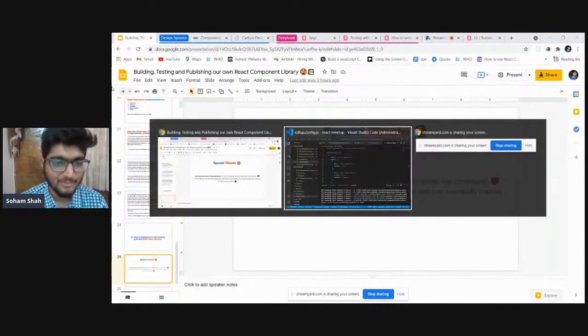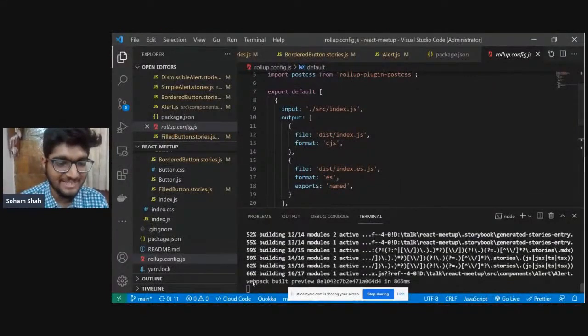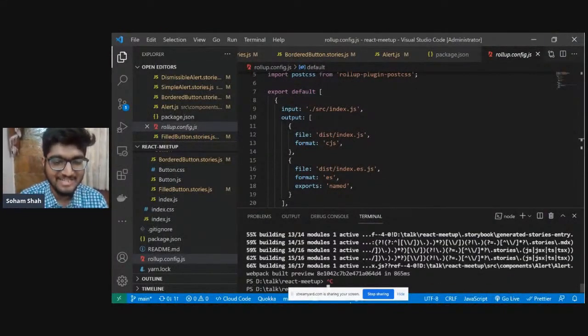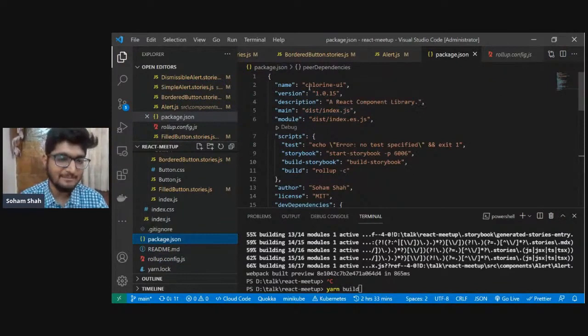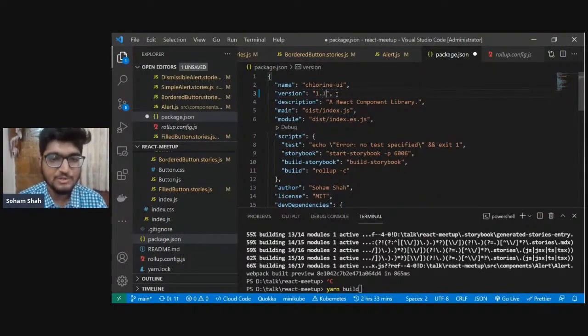So before we end, let us finally publish our library on NPM. So we are going to run yarn build. We just saw that, right? I have named this library Chlorine UI, and since we have made a lot of changes, we should make it 1.1.0. I named it Chlorine UI because it is a React component library, so there should be something to neutralize it, right?